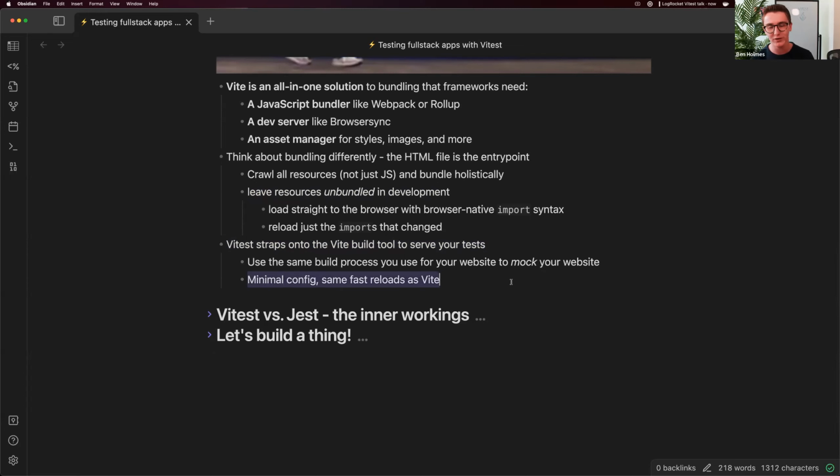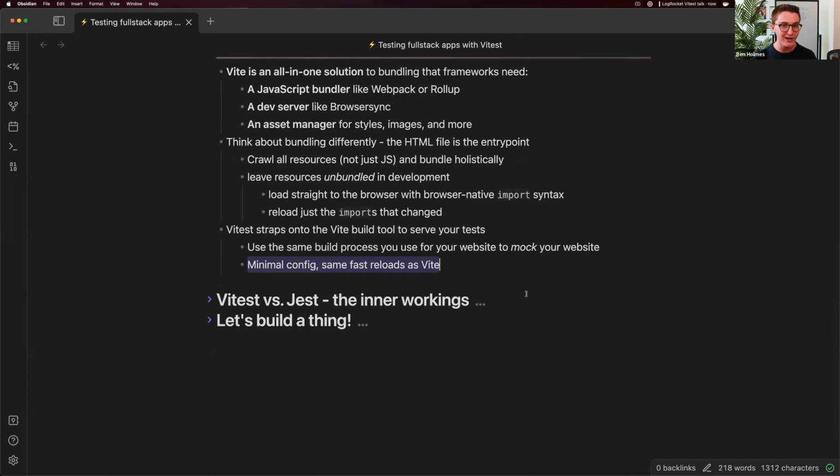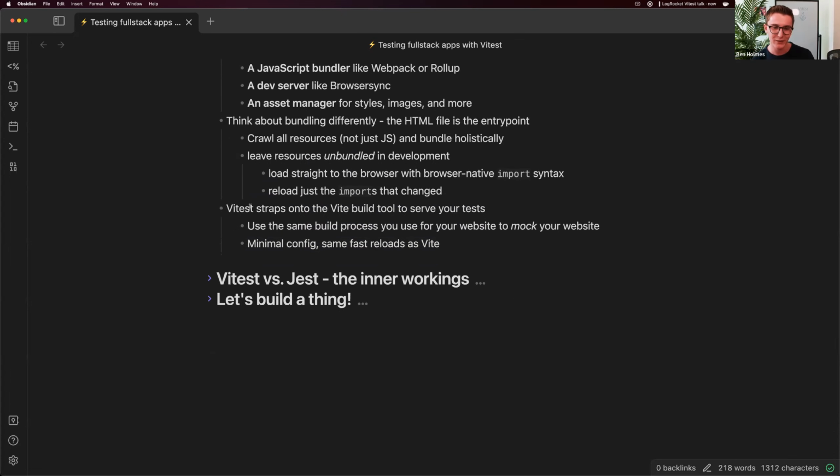And this also means minimal config. So first off, if you're using Vite already in your setup, there's literally no config to write for your tests because it's just going to reuse whatever's in Vite. And if you're even coming from like a really heavy Webpack process and you want something a bit simpler, well, Vite plugins are a much simpler model that you can try out. So that's the real thing that I want to take away from Vitest is that it's really fast feedback loops when you're rerunning your test and development, and it has really minimal config when you're setting it up for the first time. So now I want to compare Vitest and Jest so that we get a better baseline of where